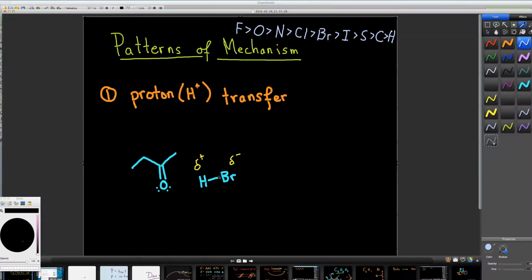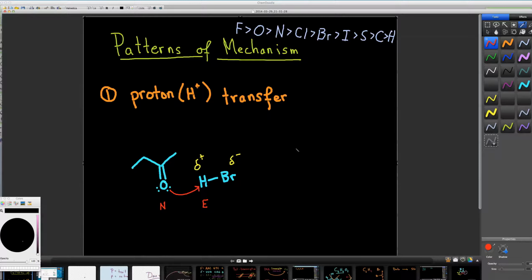So you have an HBr bond. Bromine has a greater electronegativity and it will polarize this bond or weaken this bond. And so in a proton transfer step, 2 of the lone pairs of the carbonyl oxygen, of course that's our best nucleophile, and the partial positive charge of the hydrogen atom, that's our most reactive electrophile. Again,